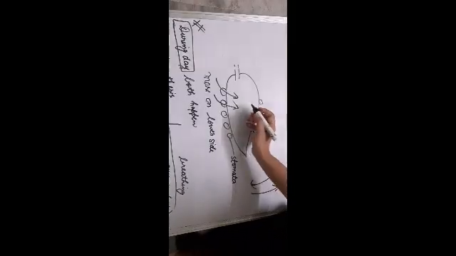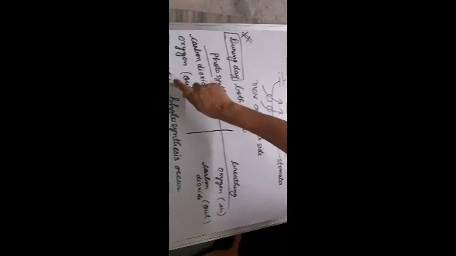Now don't get confused, both these things are occurring together, but more photosynthesis will occur. You can see that more carbon dioxide is moving in as compared to oxygen. But at night time, because there is no sunlight, no photosynthesis will occur, only and only breathing will take place. In breathing at night, oxygen will go in and carbon dioxide will move out.